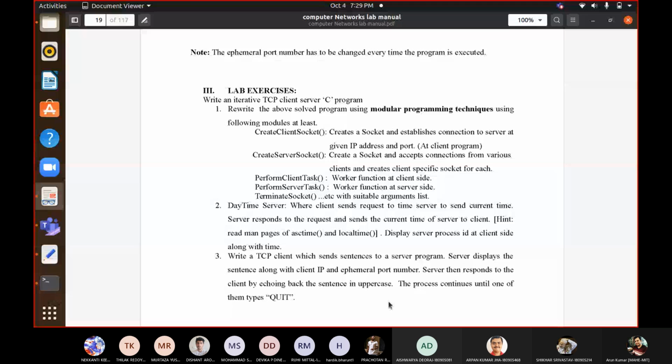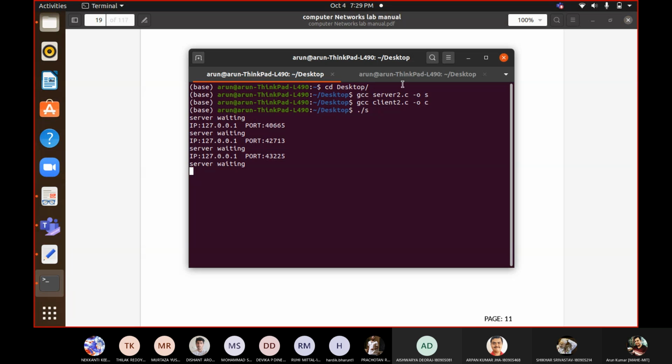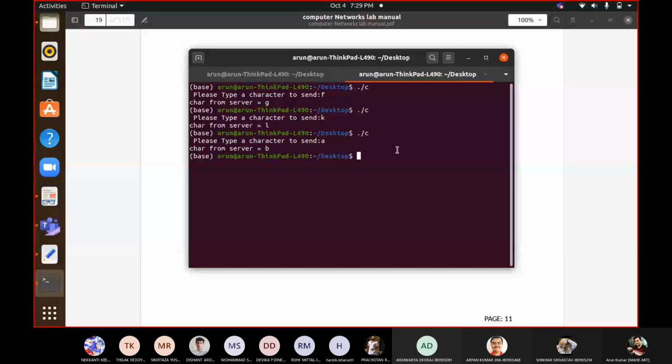One more interesting thing is that, as I have shown you at the server side, whenever I run this program and send, suppose, G, it does not let me use the same client again. So if you have to use the same client again without running it again, how can you ensure it?